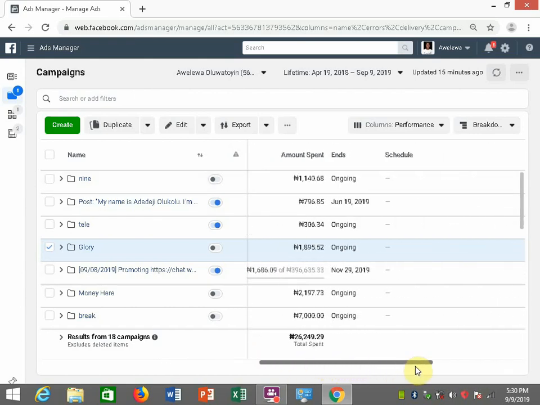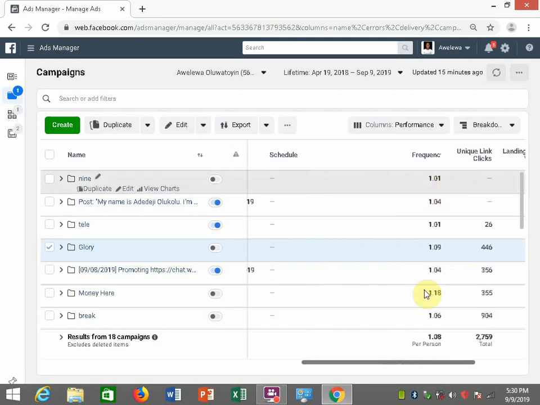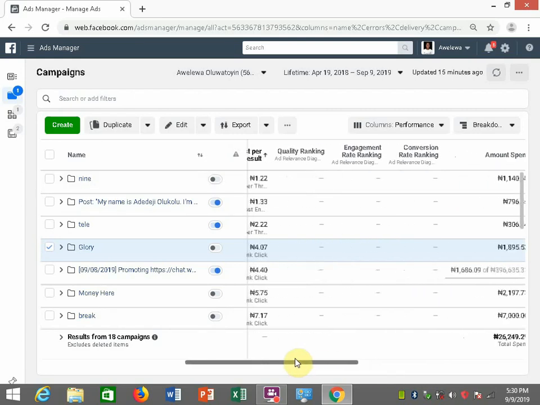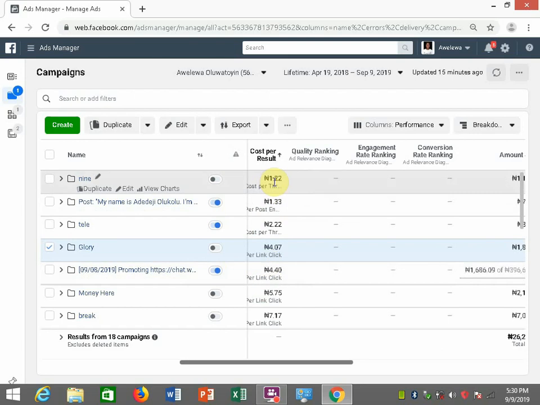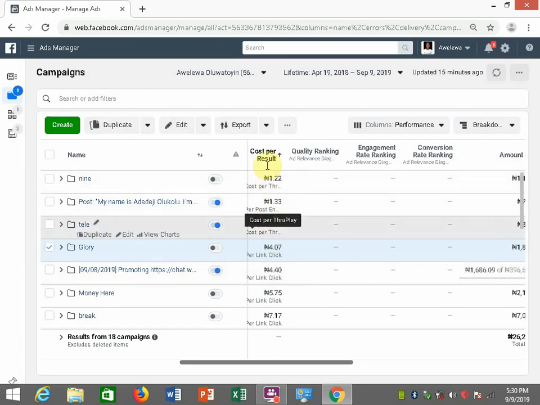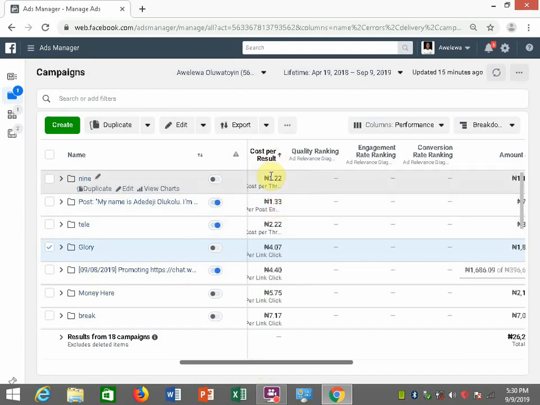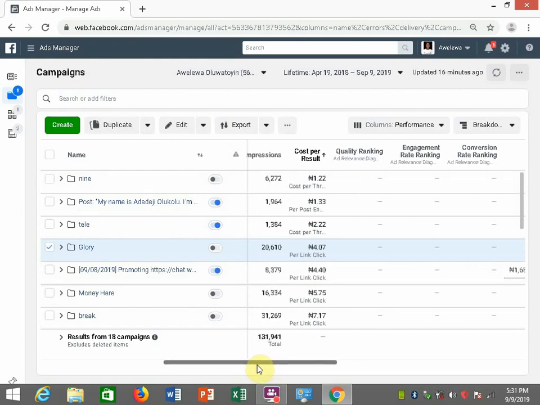So it's pretty much the same thing. Your goal is to try to get the frequency to be as low as possible, to get the highest number of clicks for the lowest cost, the highest number of video views for the lowest cost. So really the cost per result and the frequency are pretty much the same thing. It's just that the cost per result will help you to really understand how much you're spending on the ad, how much the clicks are costing you, how much the video views are costing you if you are using video views. So I hope you've learned a couple of things.